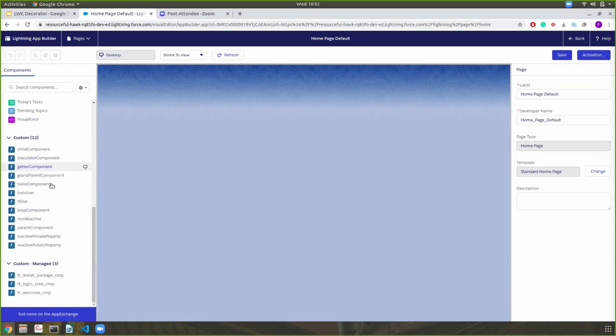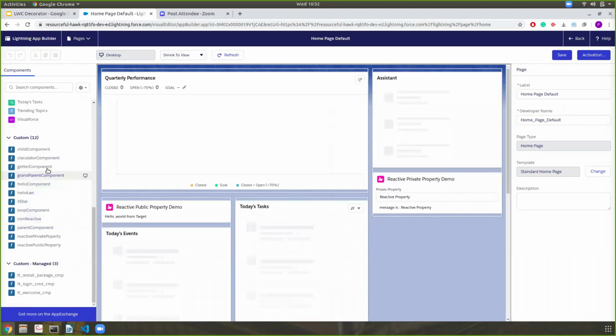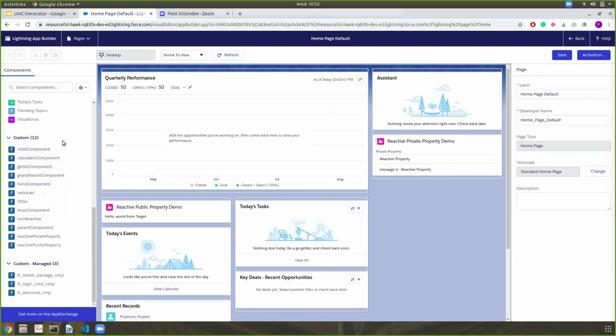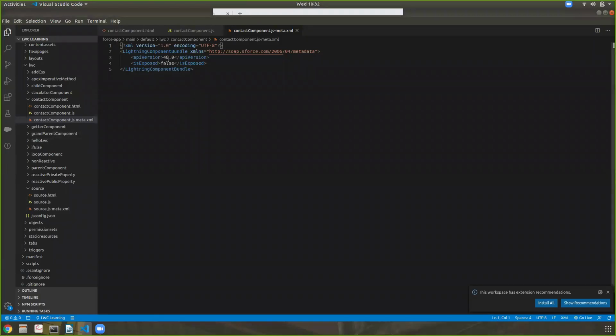I did not define the target, that's why it's not displaying. Oh yeah, I have to do this, targets. I have to show the lightning home page.